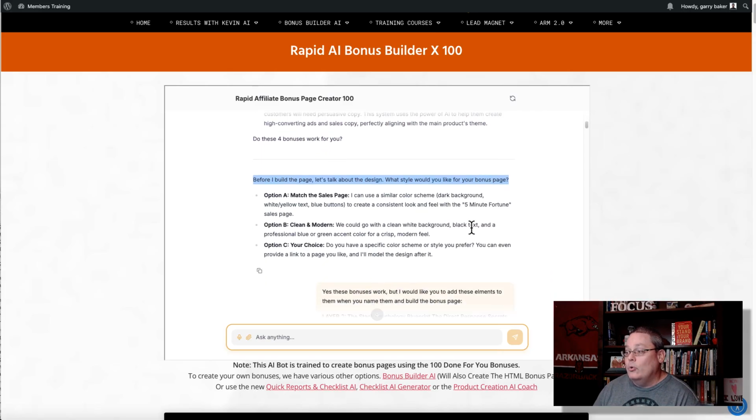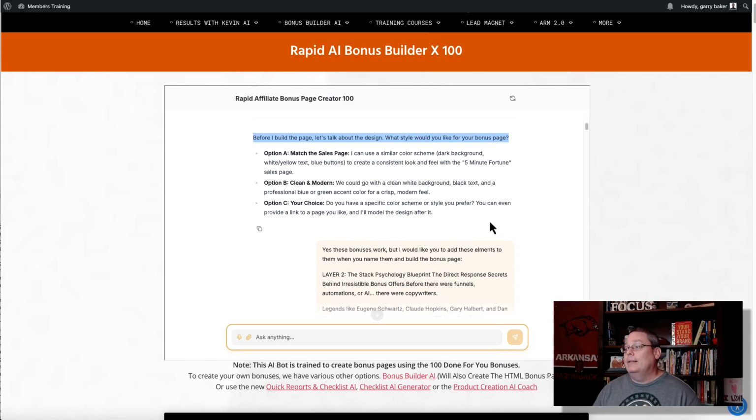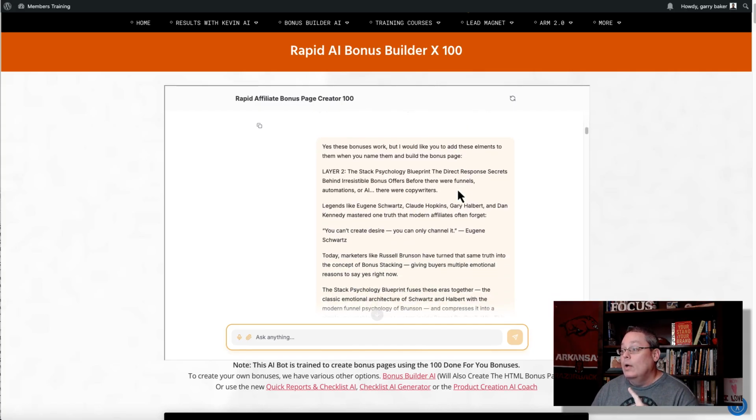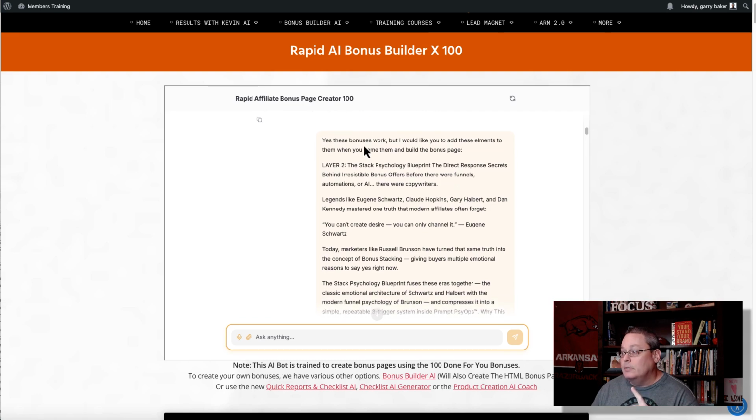And one final question here. Before I build the page, let's talk about the design. What style would you like? And it gives us options to include matching the sales page design, which is the one that I like and the one I chose. But before I actually confirm that I want to use all of these options,